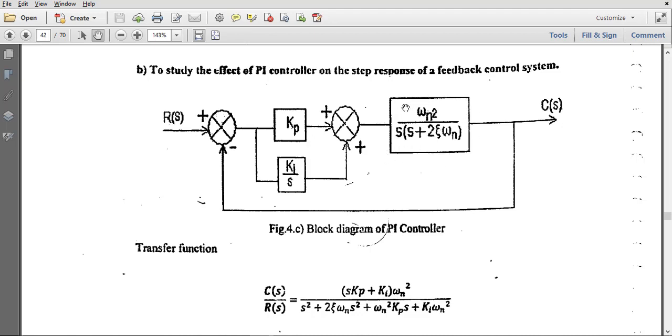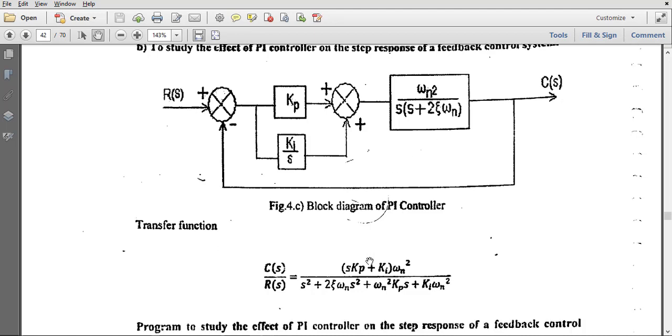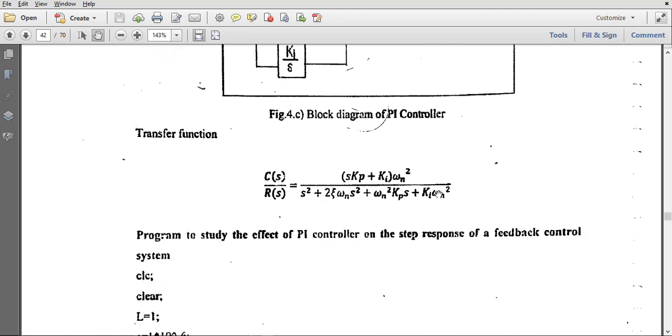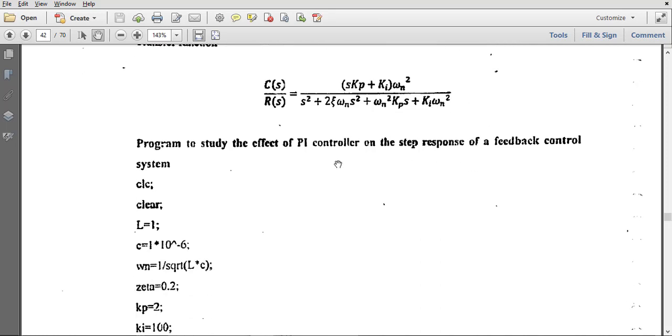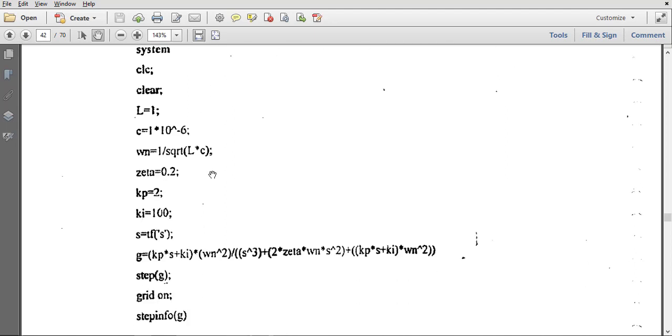The plant is given by the open loop transfer function, so that different values of Kp and Ki will affect the output response. Here is the transfer function given from the Kp and Ki values. From this transfer function we are going to write the MATLAB program.